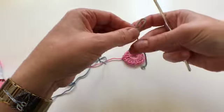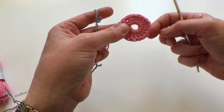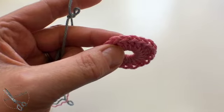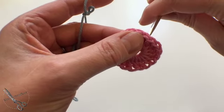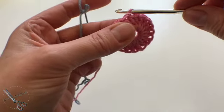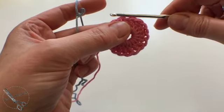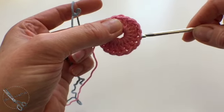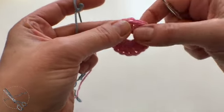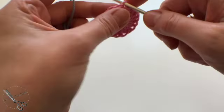Okay, so I'm going to join with a slip knot, and this time we're going to be working into the back loop only. Now what that means is normally you have 2 bars that you work under, and on this stitch we're only going to work under this back one here, which will feel a bit looser than normal, and what it means is that ridge, that line, will still be pronounced and show up the shape much more clearly. So we'll join here to any of these stitches,